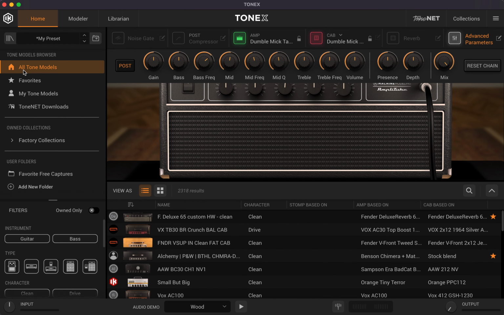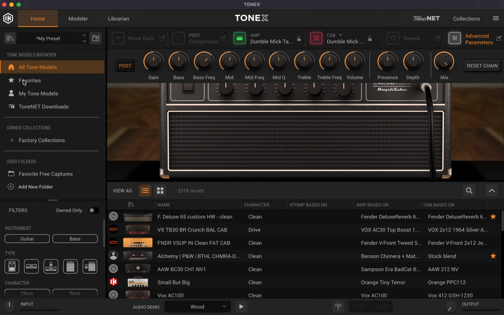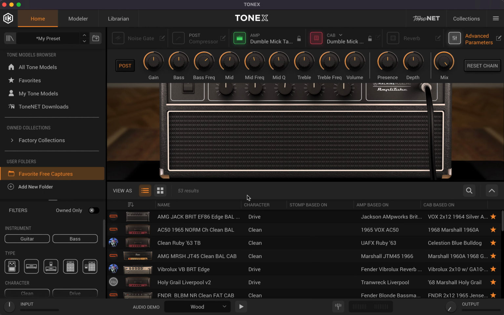And going between the Tone Models browser and Presets browser, you just hit this button here. So I would say those are the three main views you're going to be going back and forth between: this Tone Models browser, Presets browser, and ToneNET. And that's really the high level basics. I'm just going to show you one more thing, because I know a lot of people like to use their own favorite third-party IRs. If you wanted to add an IR, so for example, I'll show you a capture that